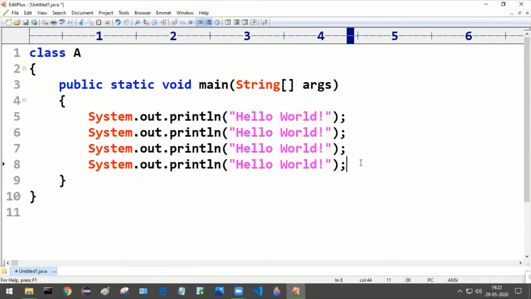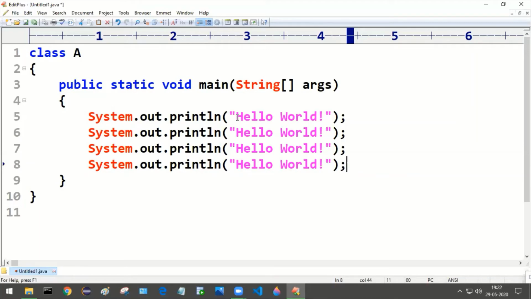Is there any limitation for the system.out.println statement? There is no limitation. We can keep any number of system.out.println statements, according to our requirement.